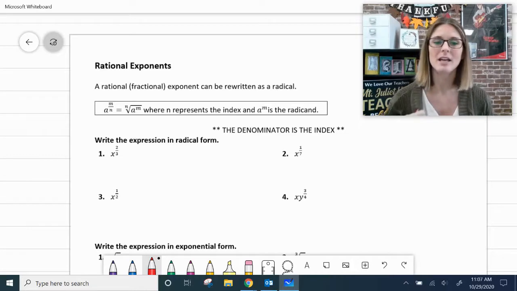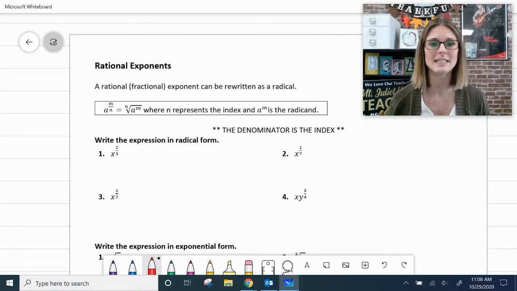So if you need to go back and review, go back to previous notes or previous weeks of lesson videos, you can do that. But we are simplifying radicals again. We're going to be changing those fraction exponents into radicals. You can see my rule here